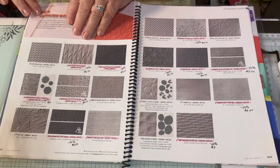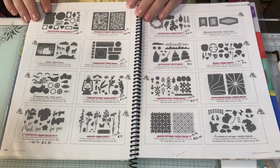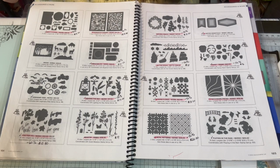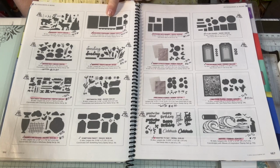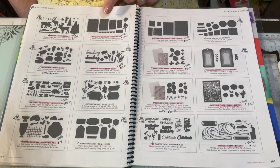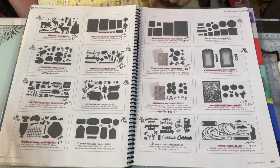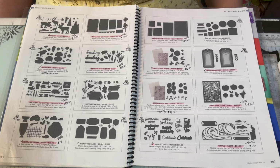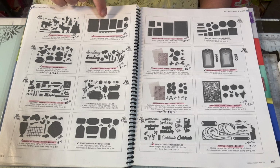The dies, let me go back. This is fun doing it upside down. The Scalloped Contours. Okay, you people, this die set has been around for a long time, and it is one of my favorites, and it's a lot of your favorites. If you don't already have it, you will want to get it, and it is 30% off, so it's normally $35. You can get it for $24.50, and it has these frames,